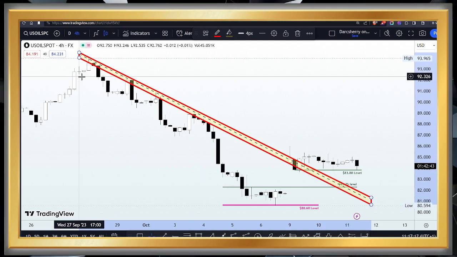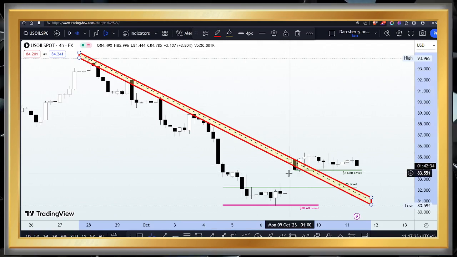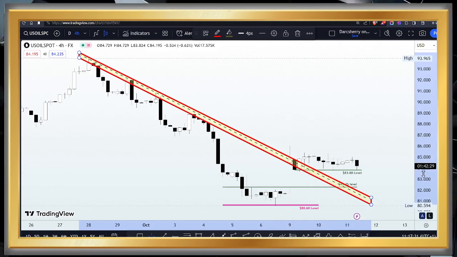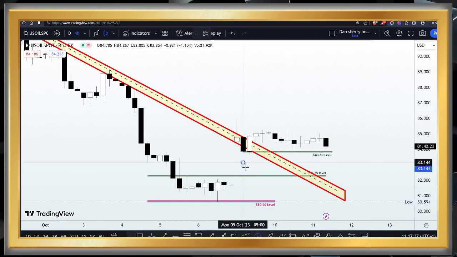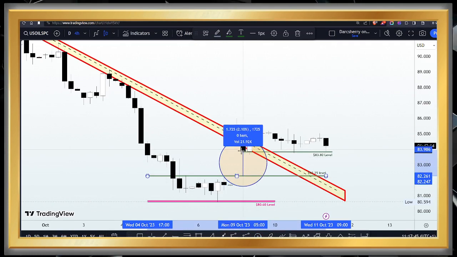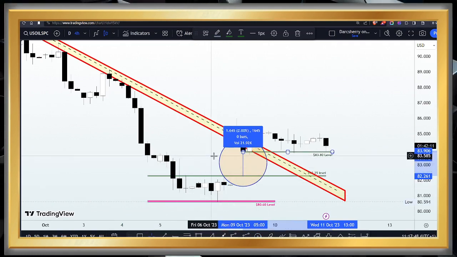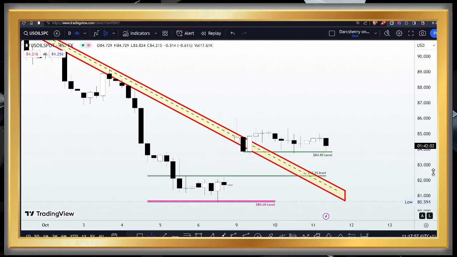When price action finds trend lines like this, we want to exercise patience, and then as long as price remains below the trend line, we look out for selling opportunities. But if the trend line is breached, then we get ready to buy. Now, if we look at what happened at the beginning of this week, we saw this bullish gap. Let me see how many pips that is. We saw this 160 pips gap here at the beginning of the week, which reflects the tendencies of trading activities during the course of the weekend.